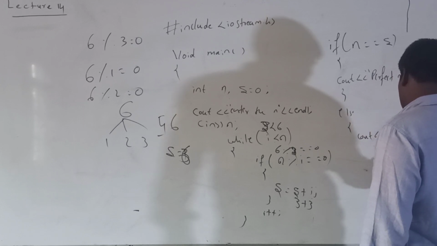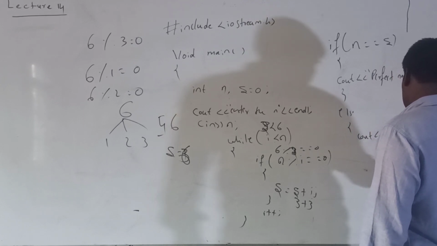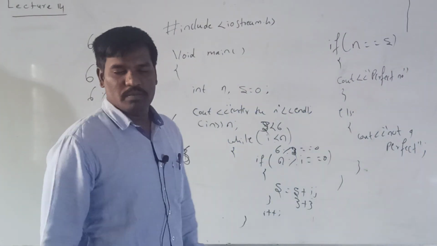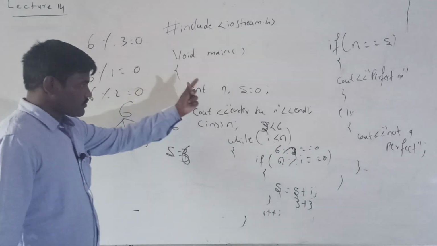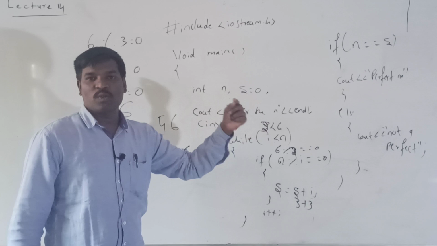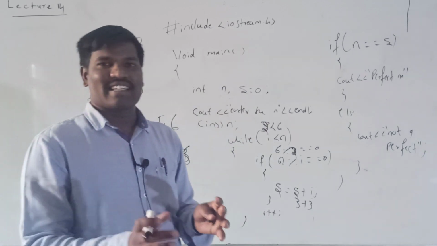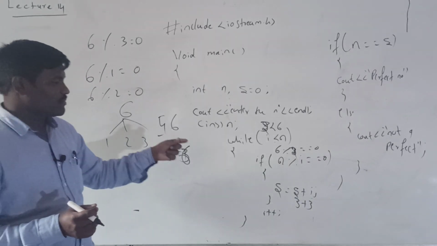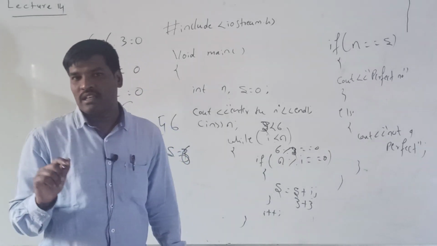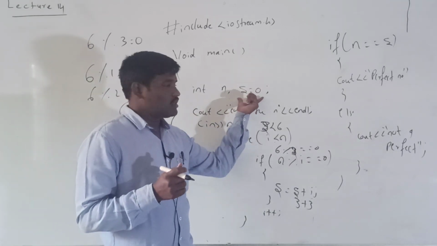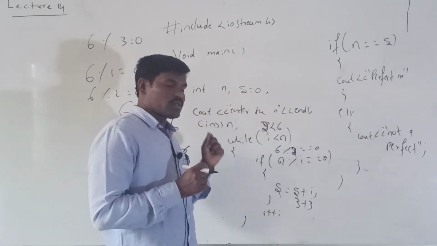So this is another example using the while loop. See here, first this n is for input purpose, sum is for calculation. All the calculation, whatever we have to add the numbers, that must be stored in one variable. So that's why I can take the initial value as 0. So I can enter the n value, I can give the input.